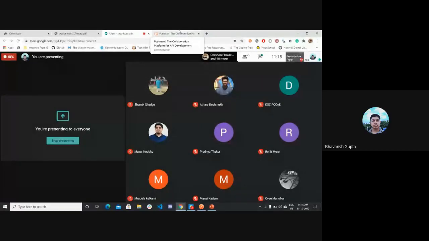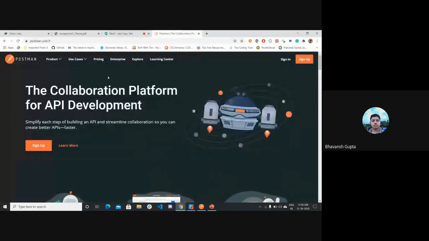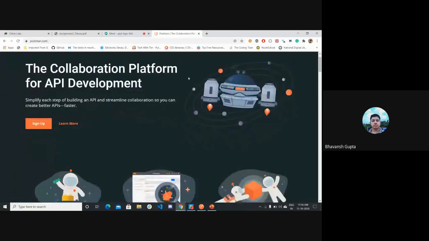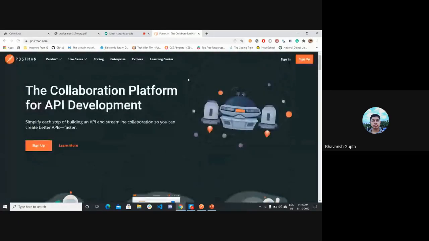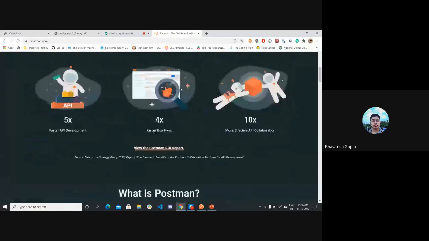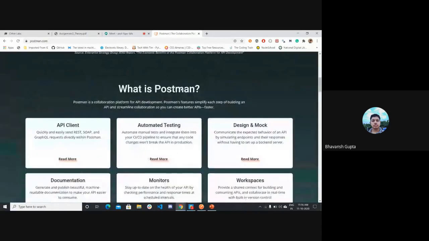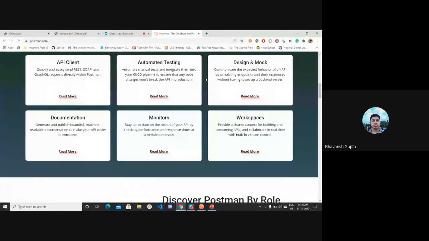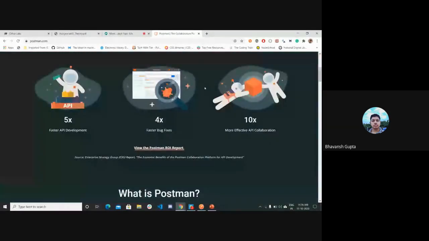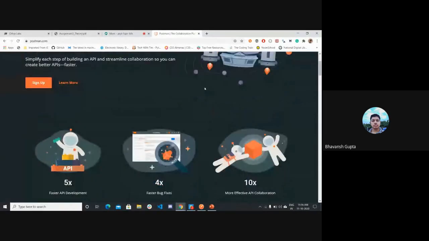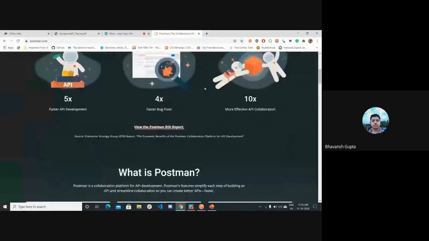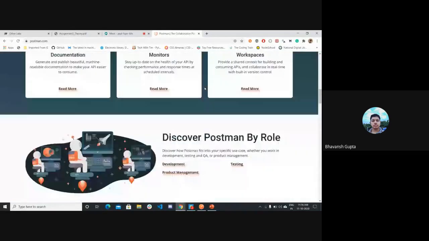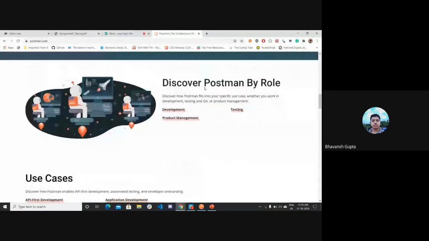Okay, so for the demo, I'll be using Postman. Postman is a tool which we'll be using not only in this session, but also while developing our project. It allows us to send particular requests, such as GET request, POST request, PUT request, to the endpoints and shows us the responses.